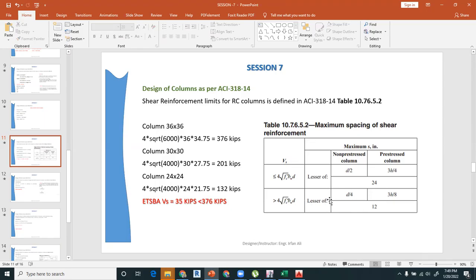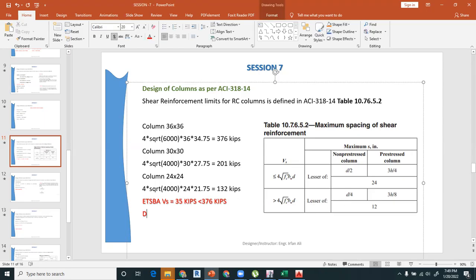So it says that it should be lesser of d/4. So d/4. So d in our case is 34.75 by 4. And the next one is d/4 is equal to 27.75 divided by 4. Give me value of